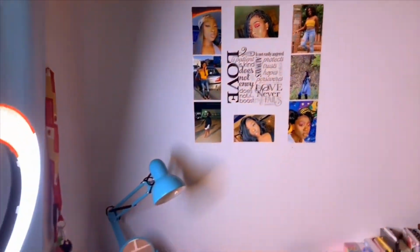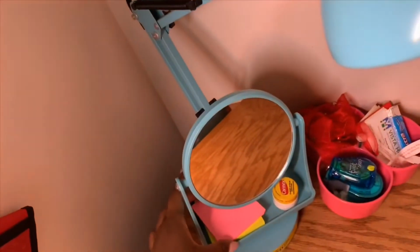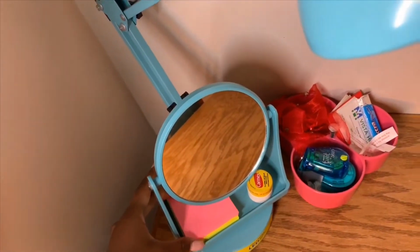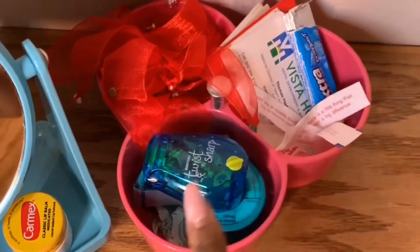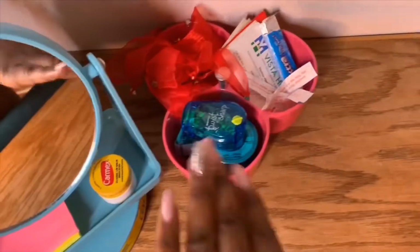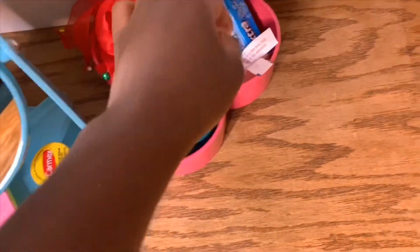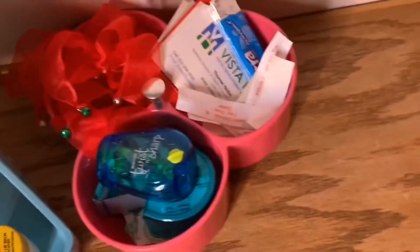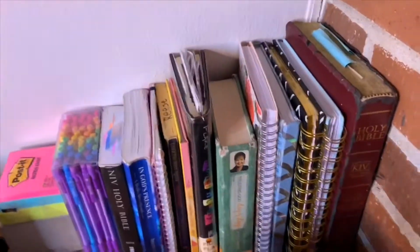But it looks really nice, and I have keys over there for my apartment and whatever. And then I have this little mirror, some sticky notes. Let me fix that because they don't look cute. Some Carmex. This is like my junk stuff, so these are business cards, sharpener, some money and coins in there. Also I have some thumbtacks in there. These are just my Christmas scrunchies. And then I have a bunch of fortune tellers that I keep because hopefully one day all my fortunes come true. I got my family, you know, more pictures of my family, a coffee mug,